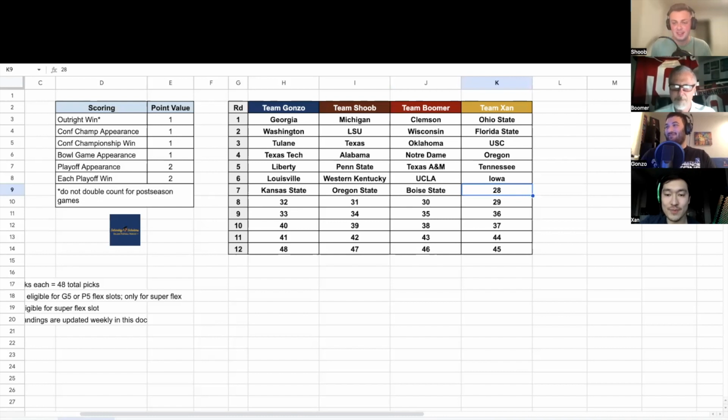So for me, I think I'm kind of forced into making a decision here. There's a very clear drop off in this league after this team, so I have to go with TCU. I don't have a Big 12 team, and there's a very clear drop off after them. So I've got to give myself a chance at getting a Big 12 champion, or at least someone in the conference championship. So I will be taking TCU.